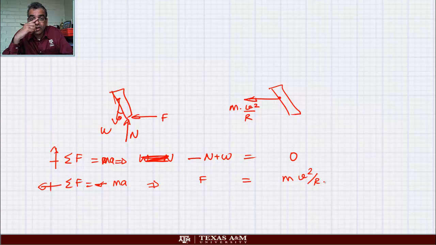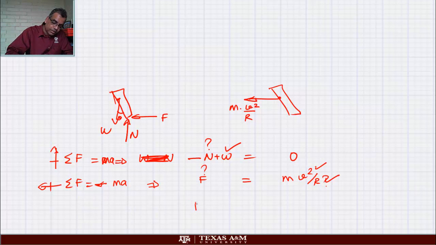Can you see? First thing I want you to notice is friction is necessary for it to take the curve. Okay, but you can see that unfortunately for us, W is known, N is unknown, theta is unknown, radius is known, v squared is known. We can calculate the friction force. If the friction force happens to be less than mu times normal,